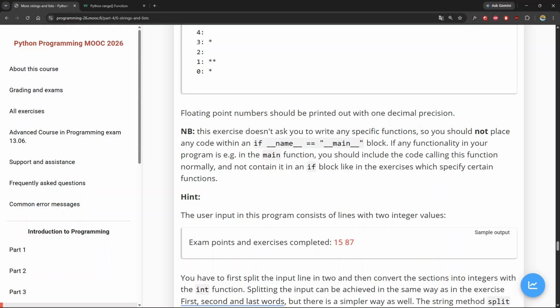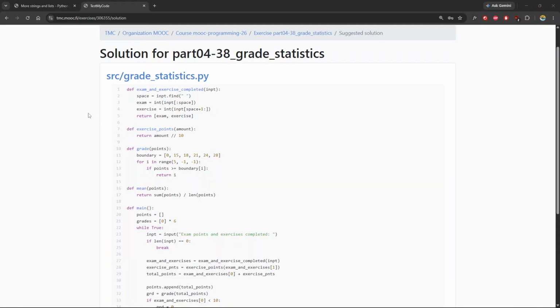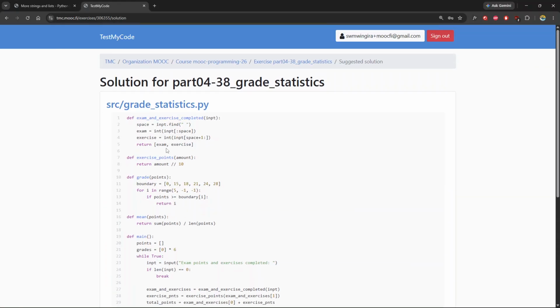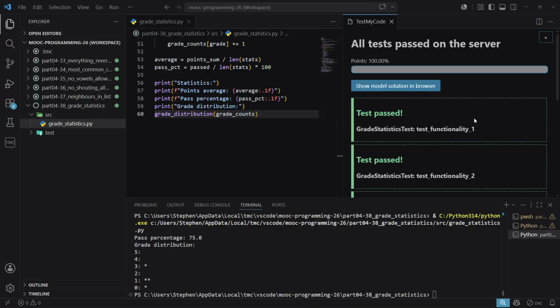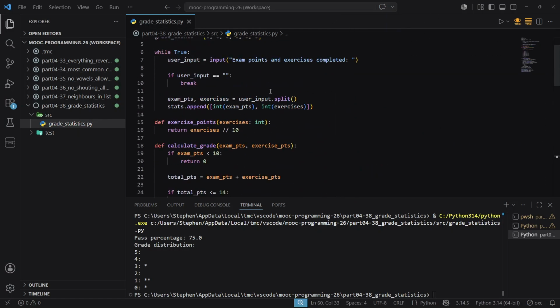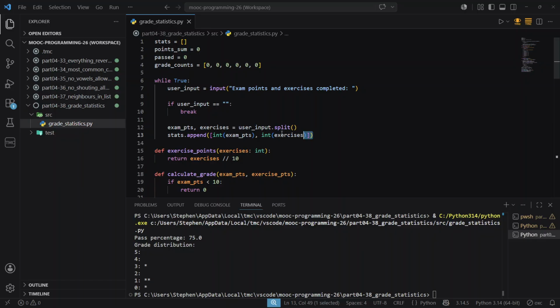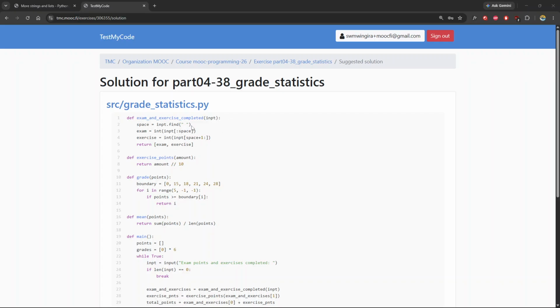As tradition, let me log into the TMC website so we can see the model solution as well. Okay, so this is the model solution. Here they define a function called exam and exercises completed. And so instead of splitting the input as what we did, like this, let me close this. Like how we did here, they define a function that reads the input and then converts